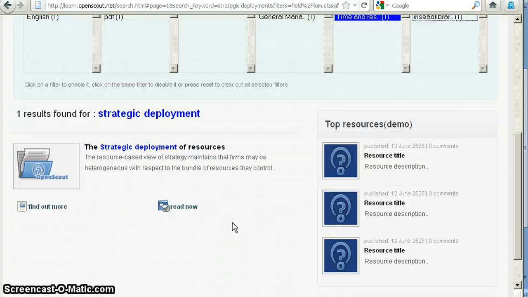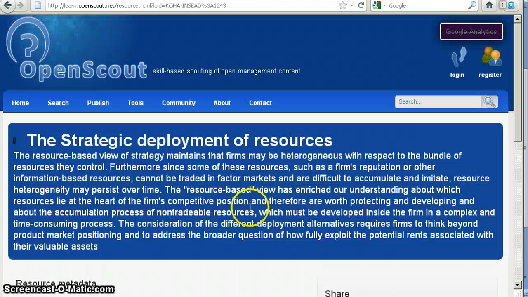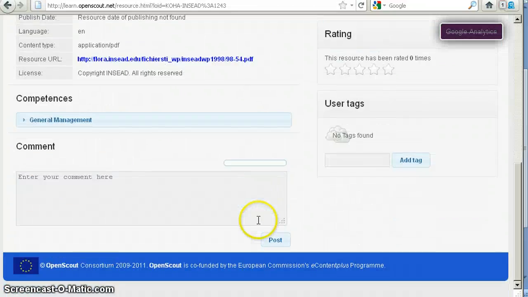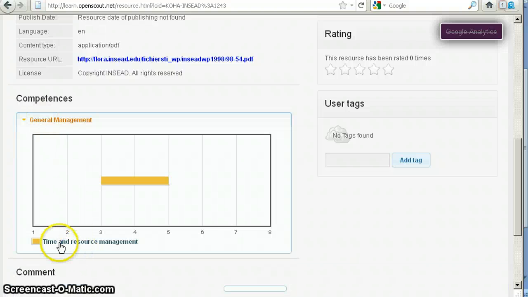Here's our object now. We can also go to find out more about the object, and we should be able to see the tagged competence. In this case, we've allocated it to general management and to time and resource management as a competence, and this is the level that it covers. So this would be basic,